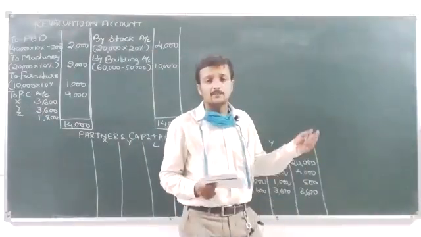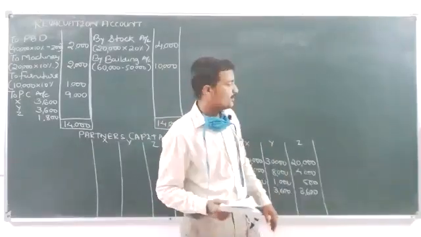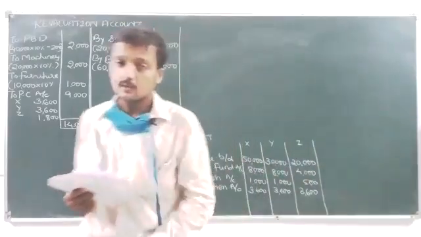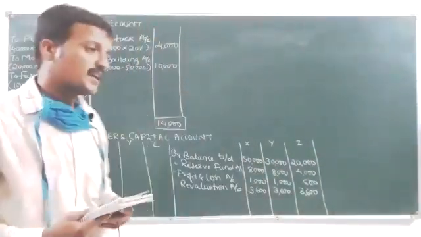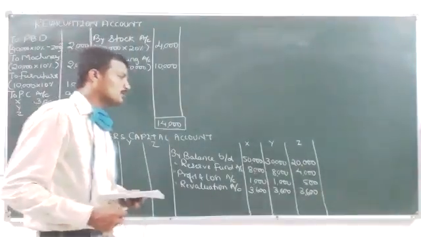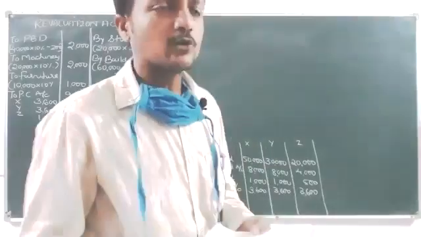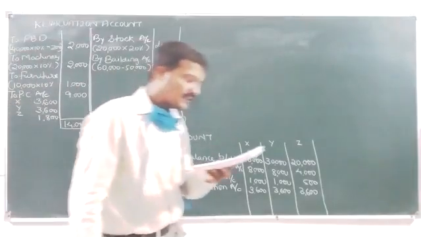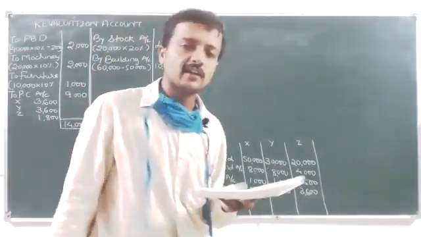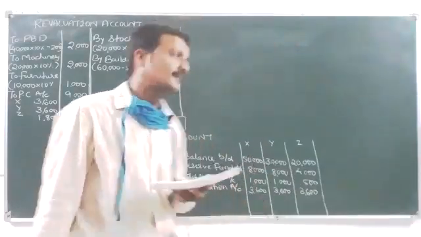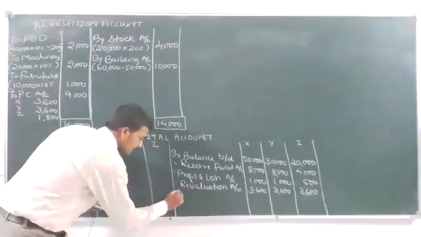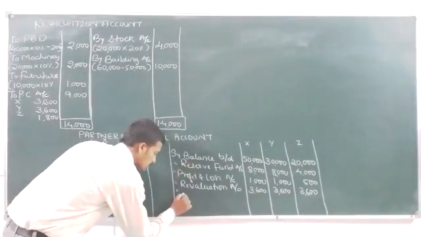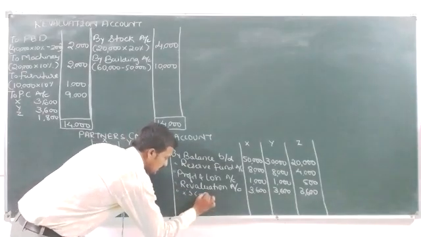If you remember in the previous problem, if you go back and see, first we calculated the retiring partner's share. There is no need to calculate that here because they have already given it. That is 15,000. So the only thing we need to do is that amount is to be distributed in the gain ratio. But in this problem, the gain ratio is not given. So the old ratio itself will be treated as the gain ratio. Hence, I write here first by, those who are continuing, X and Y. So I write first X capital account.